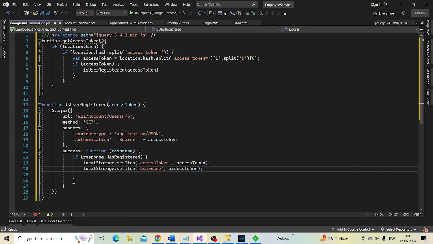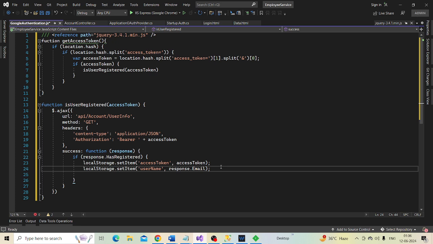Response dot email property. And then finally we want to redirect the user to data.html page.